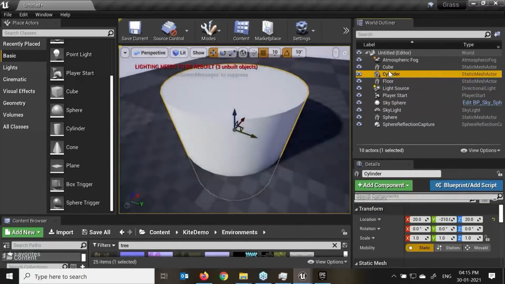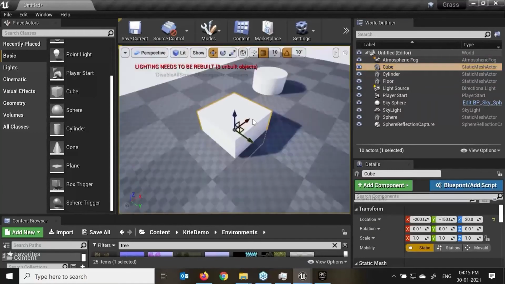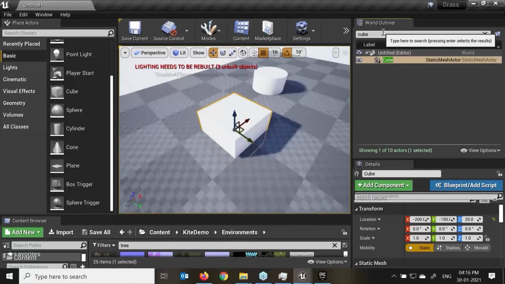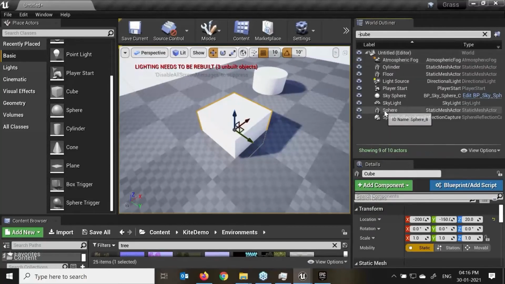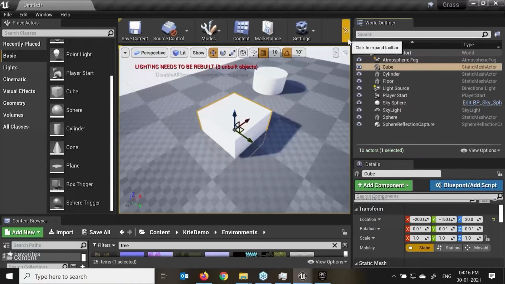Just need to double click in the world outliner. Now if you see, this mentions cube over here. Now if I type over here CUBE, again it shows me a cube. Now the best thing is in the world outliner, if I press minus, any object whose name does not start with cube will show over here. If I say plus, it shows me the exact name which is written over here.